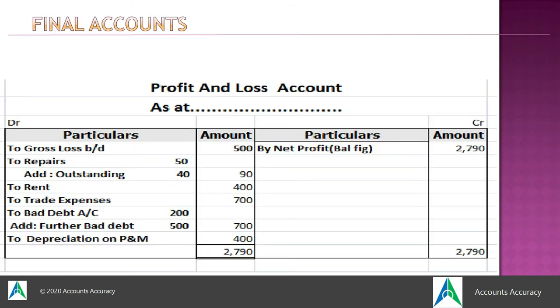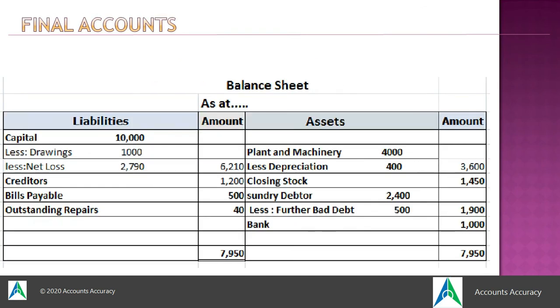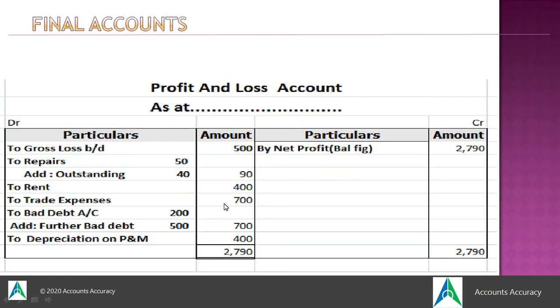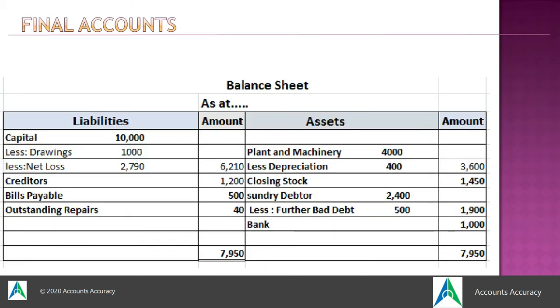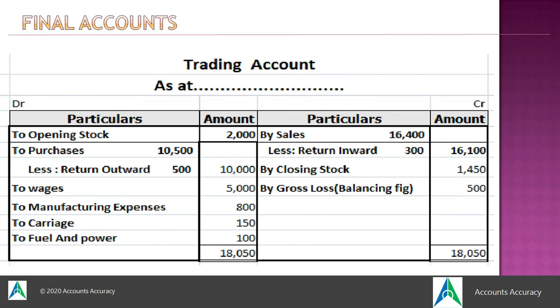Hence, in the profit and loss account, you will add this to the repair value provided in the trial balance. So this outstanding repair value will get added to repair value rupees 50. We will add the outstanding 40 rupees and show 90 rupees in the final column. So this is how we will do the treatment, and the final column is rupees 90, and again it's an outstanding amount which is a liability for the company, so it will be shown in the balance sheet as a liability, outstanding repairs. Now after posting every transaction we have to do the totaling of each of the three accounts, that is trading account, profit and loss account and balance sheet.